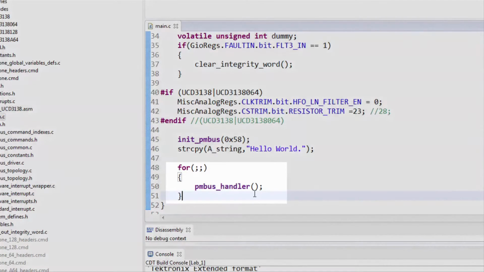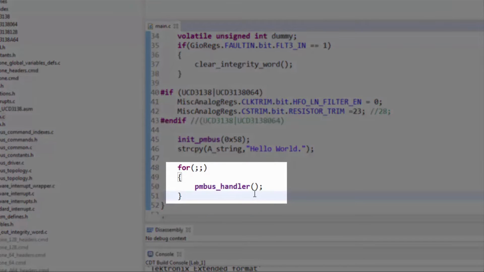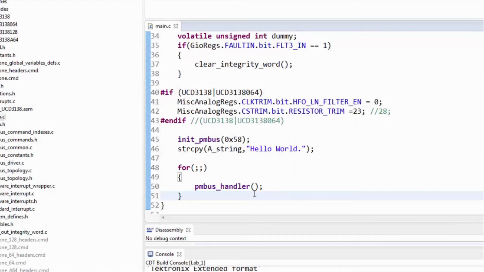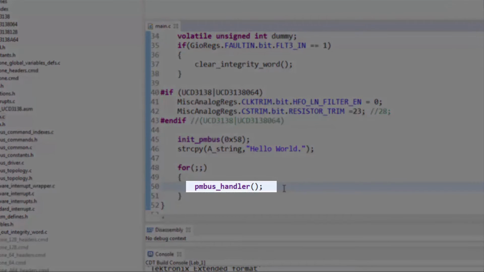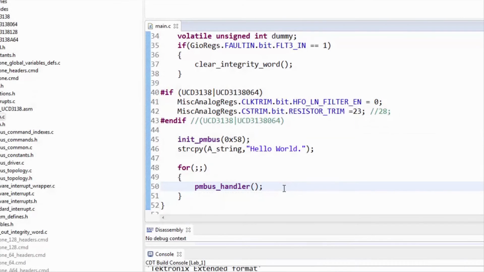Here is the main loop. As you can see, it is an infinite loop. In the main loop, we generally place housekeeping routines, that is, routines that are not particularly time critical or time sensitive. For example, the PMBus handler routines are always placed here. These routines are generally implemented as state machines using static or global variables, so that they can be interrupted by the fast and standard interrupt service routines and can continue executing seamlessly once the interrupt service routines are finished executing.